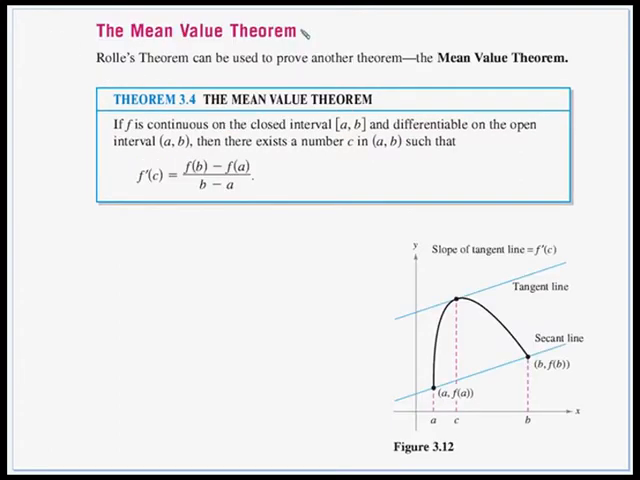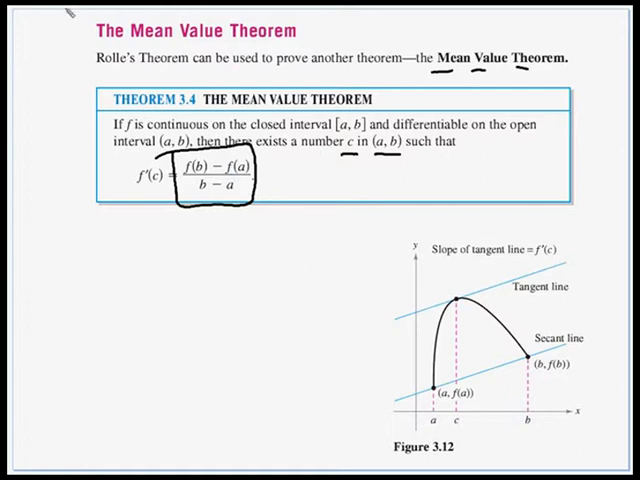The mean value theorem is just going to sort of tilt this picture. So here's the mean value theorem. Rolle's theorem can be used to prove this other theorem, the MVT. So this theorem states if f is continuous on the closed interval a to b and it's differentiable on the open interval a to b, just like Rolle's theorem, now it says there exists a number c in that interval such that the derivative at point c is equal to this, f of b minus f of a